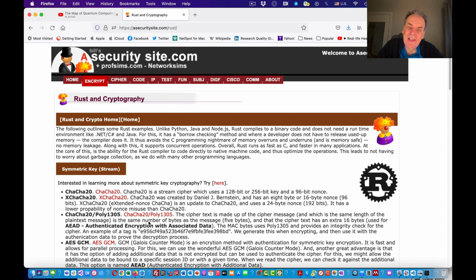So Rust is a relatively new language, and it tries to overcome many of the problems that we see in our existing languages, especially in C and C++, where we can have a problem with memory. This typically relates to the garbage collection and where there is poor management of memory.